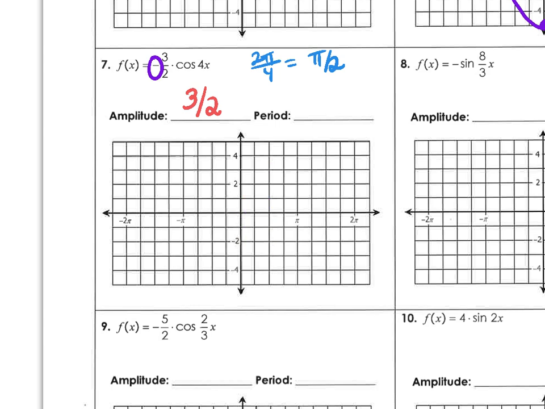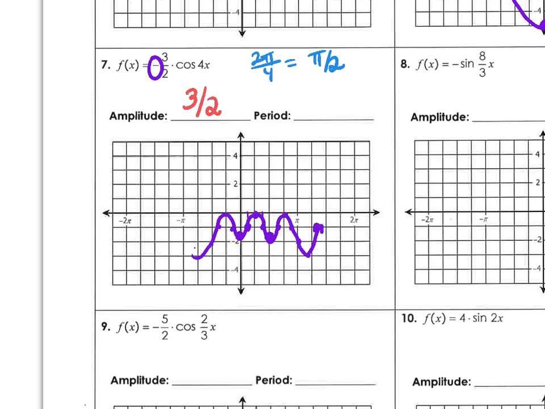So in this case, we'll start at our low because it's reflected. We're going to be at negative 3 halves, which is about here. And we are going to end at our pi over 2, which is here. So we're going to have little critical points at those 3 places in between. So cosine, remember, goes, in this case, down, mid, up, mid, down. And then it's just going to keep doing that forever. It's a very shrunken period if we go the other way: mid, up, mid, down. This keeps going like this